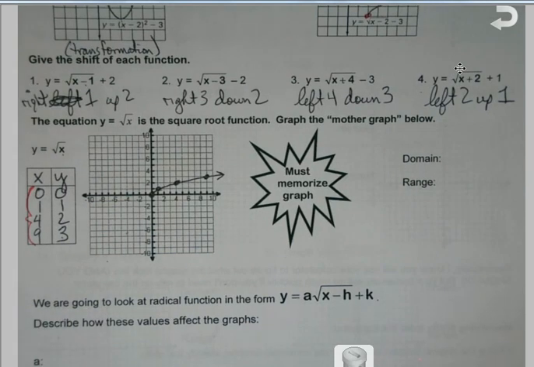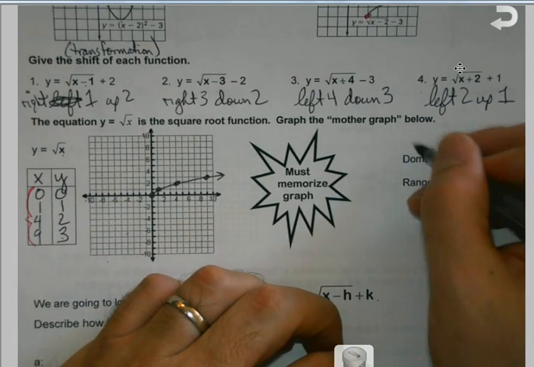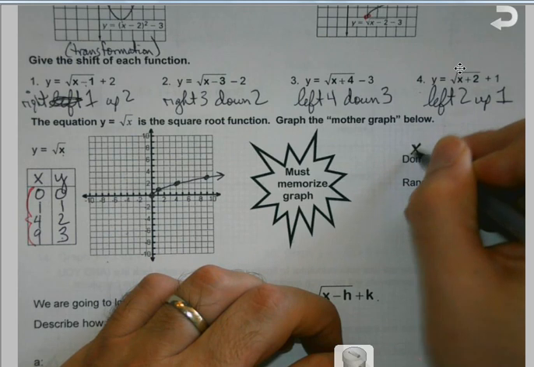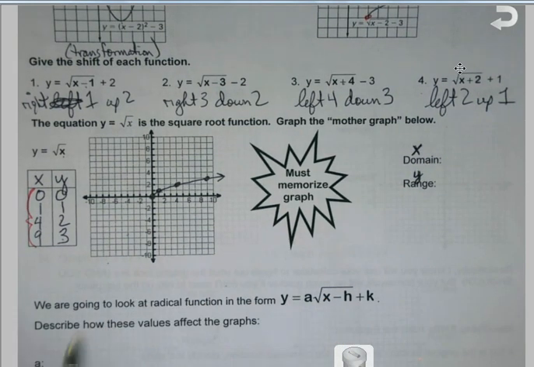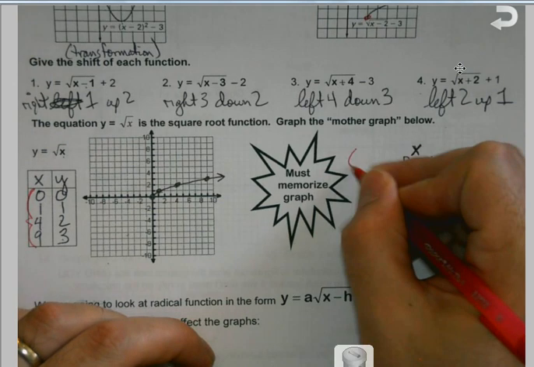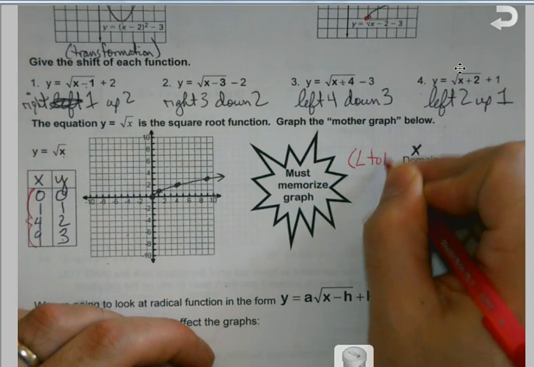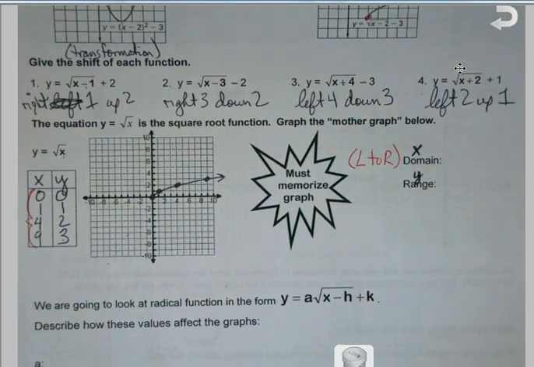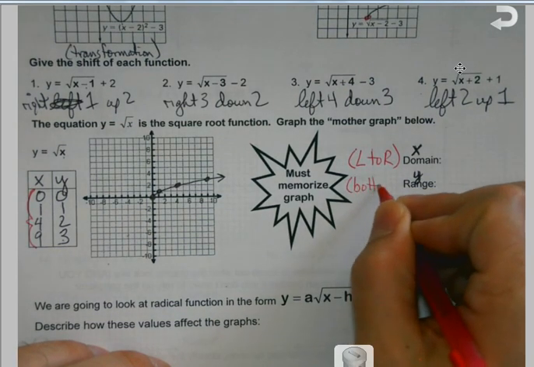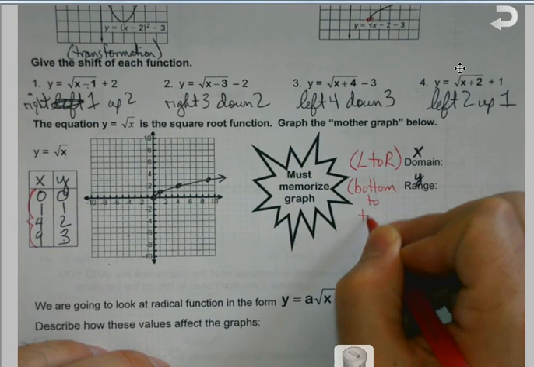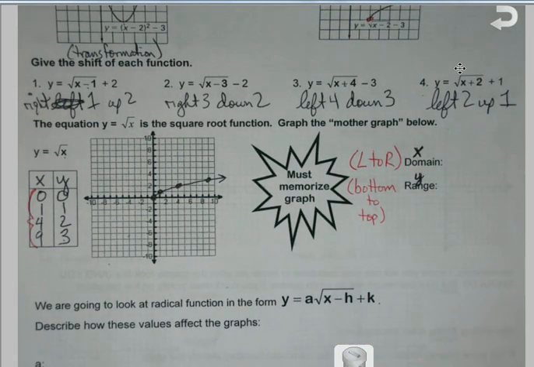But oh, we're back to domain and range, and I got to remember this. Okay, domain is my x values. Range is my y. But here's the part I've got to remember. Even if I get my x values right, I need to be able to express them correctly. So when I'm doing domain, I'm always talking about the furthest point left to the furthest point right. And when I'm doing range, I'm always doing bottom to top. The lowest y value